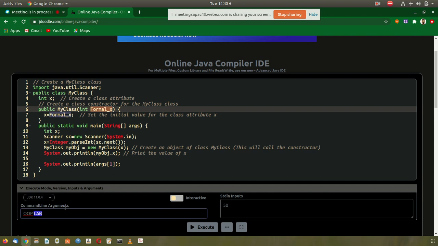But with the main function's args parameter, the values can be given from the command line.